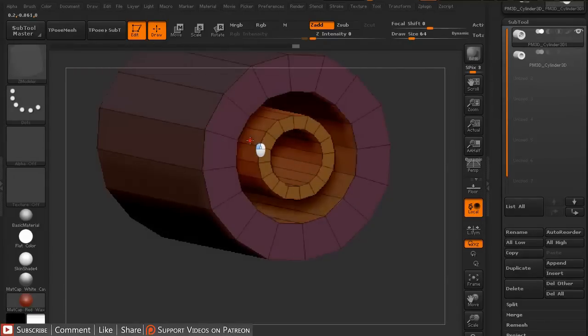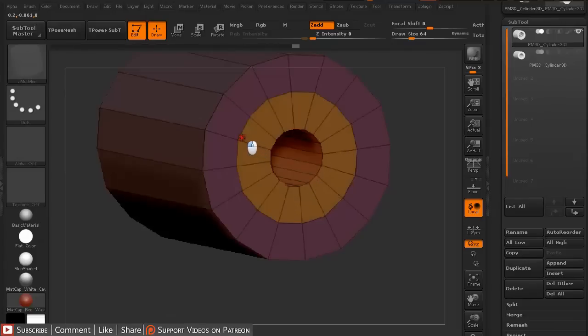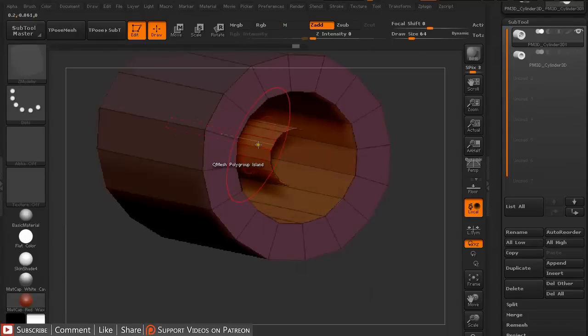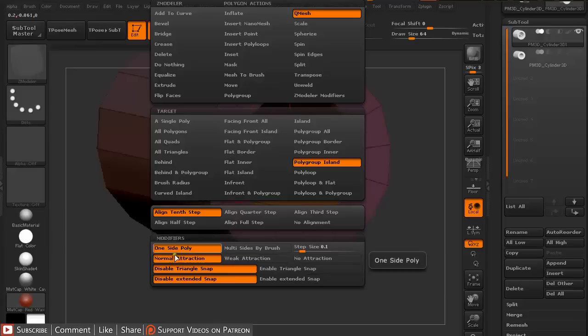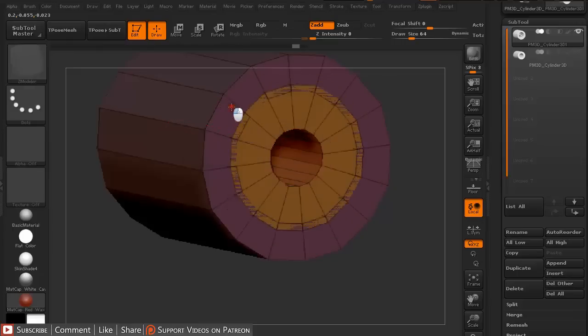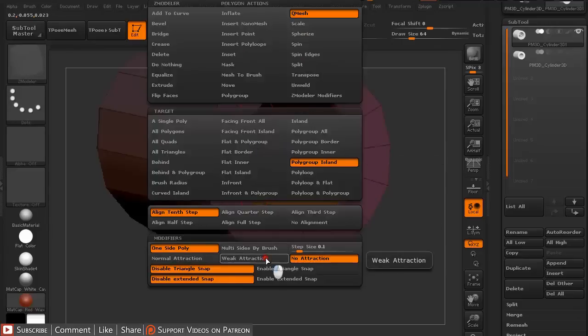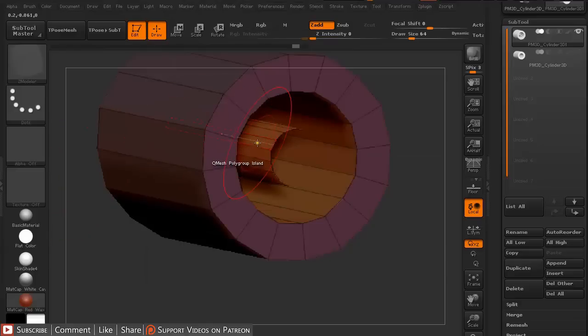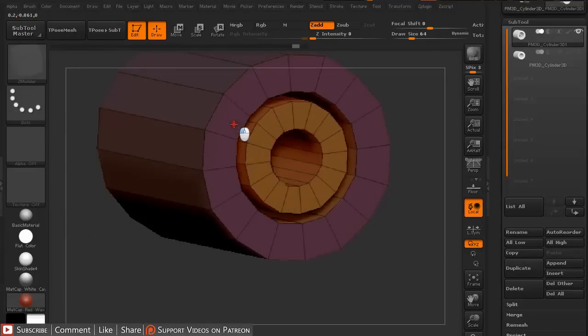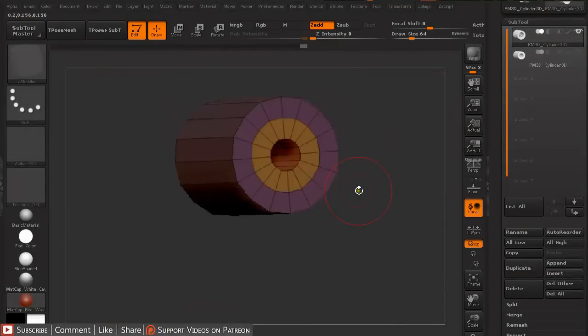pull out, and as you can see, it's going to snap exactly to the edges of the rest of the model. The snap is controlled with this normal attraction under modifiers. If you have no attraction, you can go over the edge, but you can see it creates overlapping polygons, which is not what I'm looking for now. So another way is to click on weak attraction, which means you have to come closer to the edge before it snaps to it. And now we have one model,